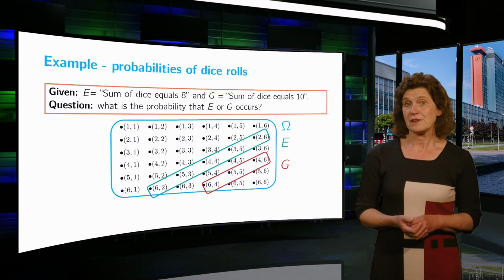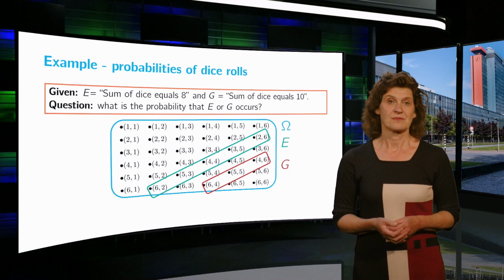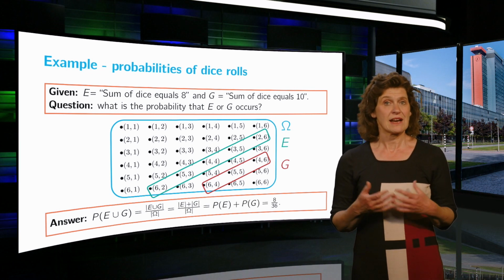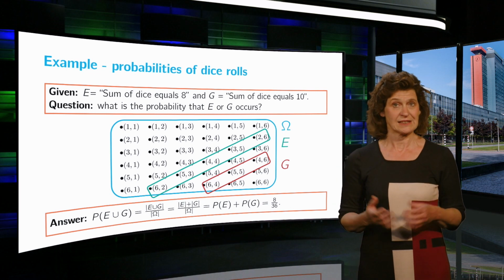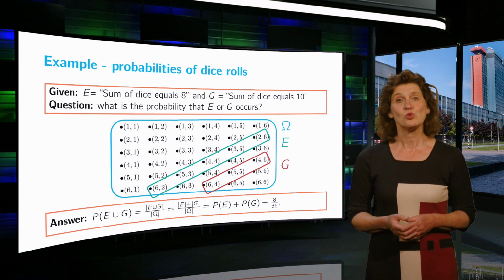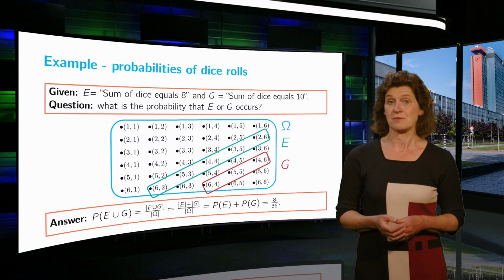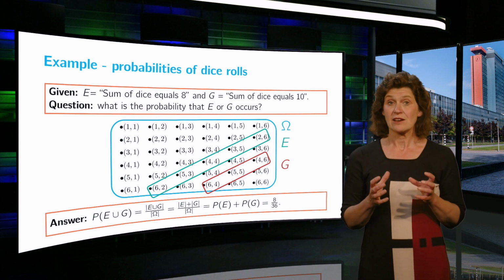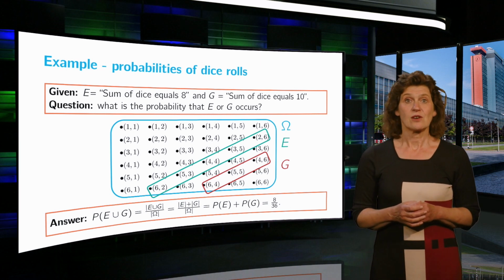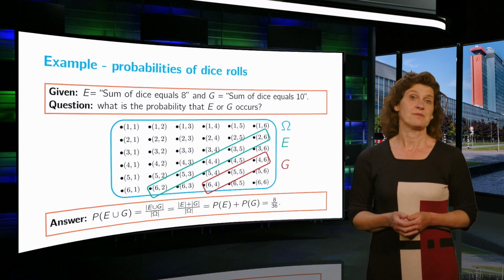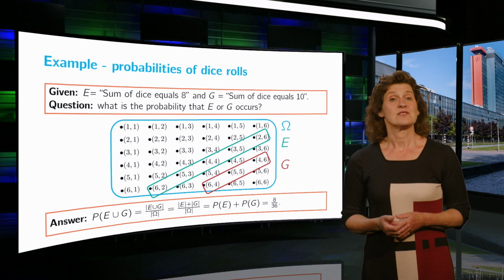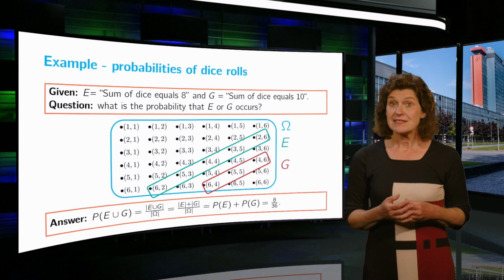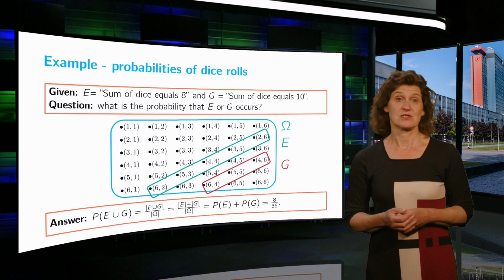Then what is the probability that E or G occurs? Well, we need the probability of the union of E and G. This is also an event, so we can solve this in the same way. By simply counting the number of outcomes in the union of E and G, we see that this equals the sum of the 2 individual probabilities of E and G. Here we use to our advantage that our 2 events do not share any common outcomes. Such sets are called disjoint. Their intersection is empty. The fact that for disjoint events we can compute the probability of their union by simply adding their individual probability is the second important property that defines a probability function.